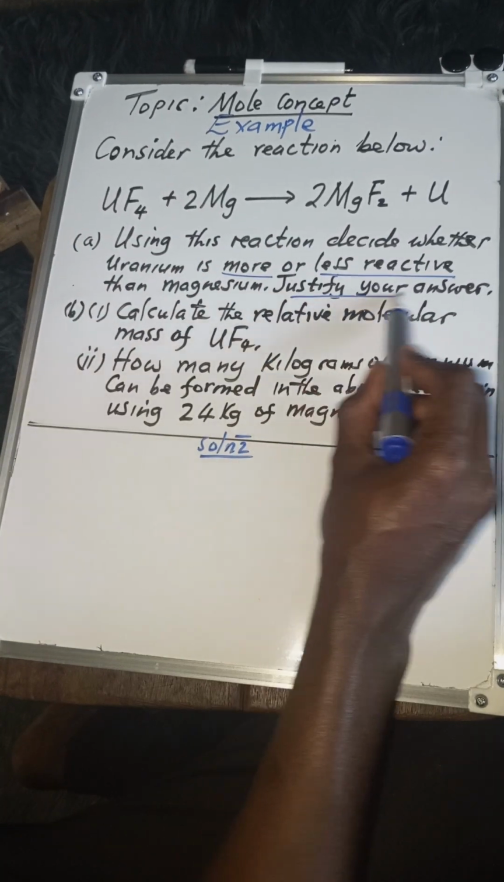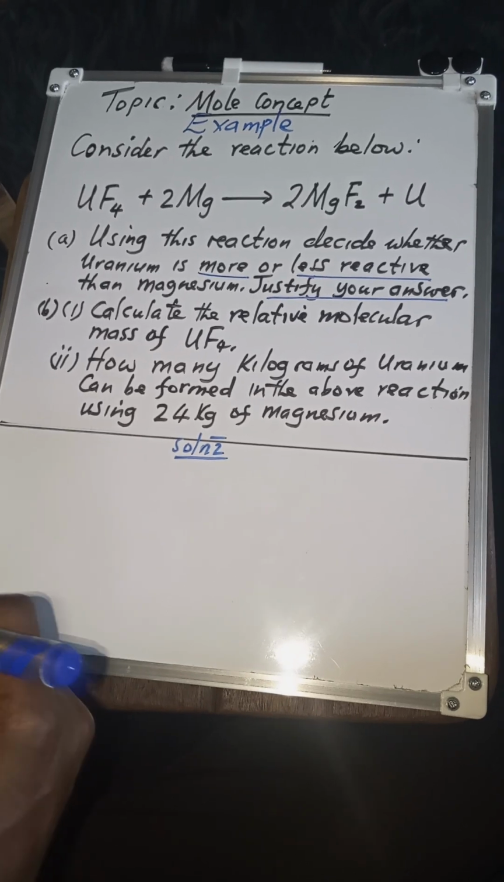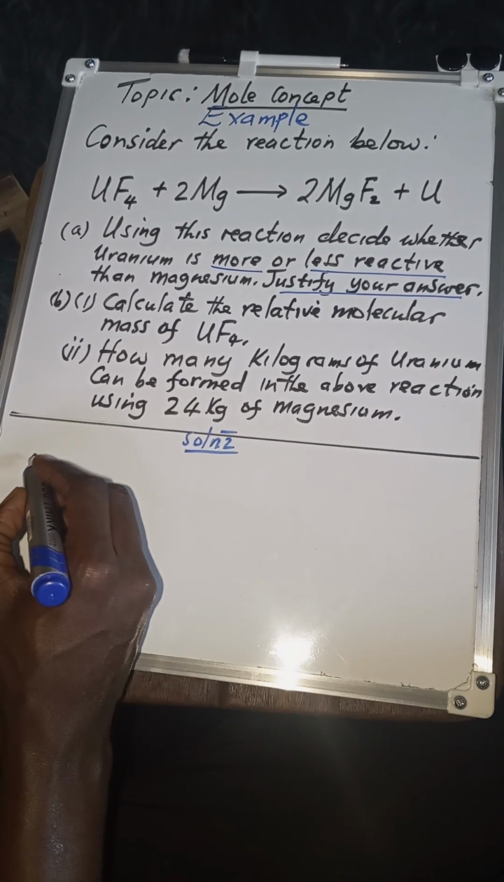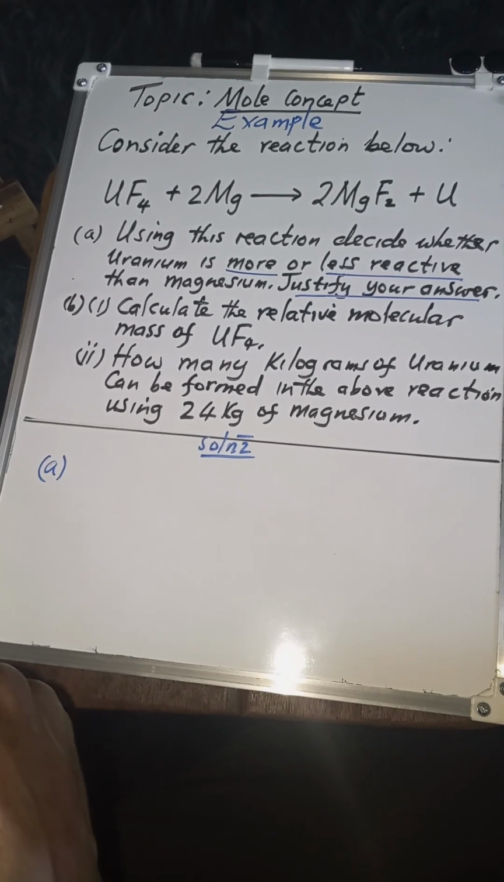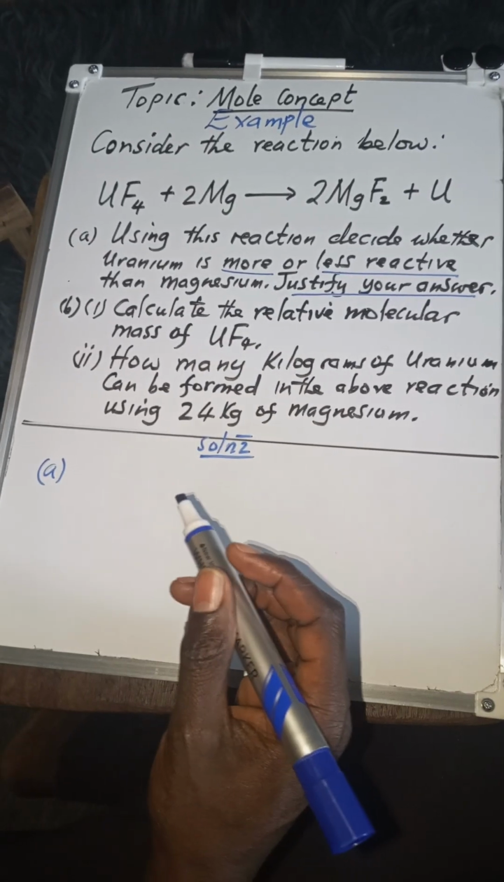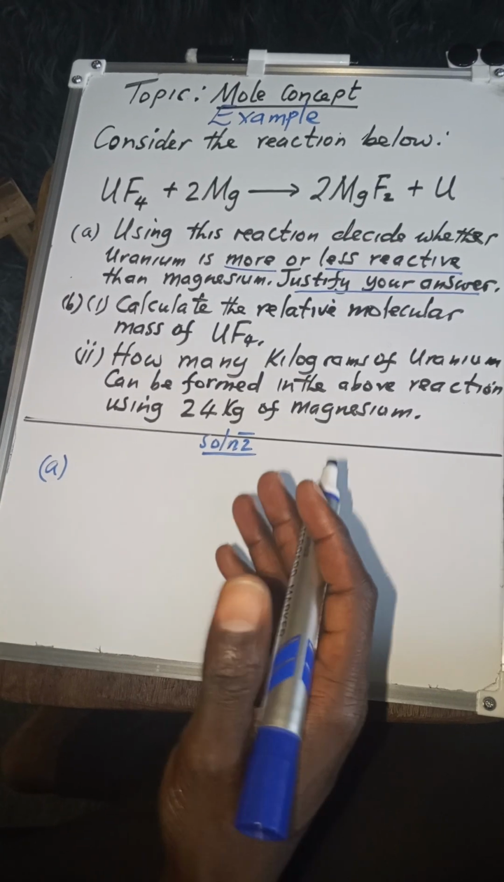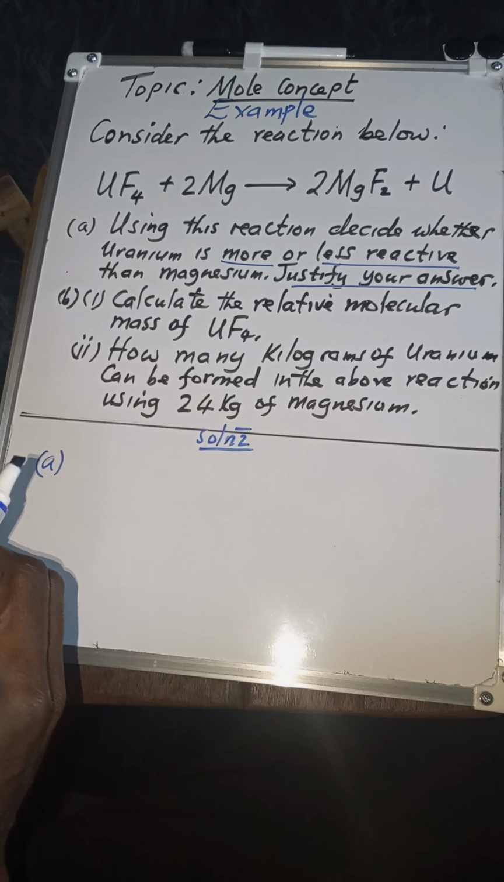Then they say justify your answer. In other words, give a reason for your answer. So when you find such a question, what should come to your mind? There's always what we simply call a displacement reaction. According to the displacement reaction, a more reactive metal will displace a less reactive metal from